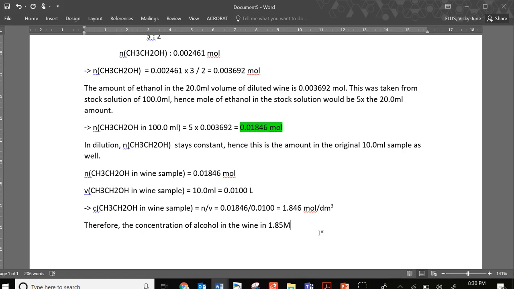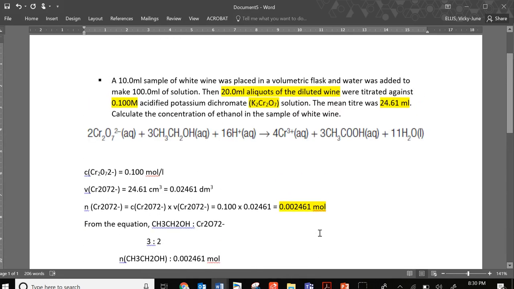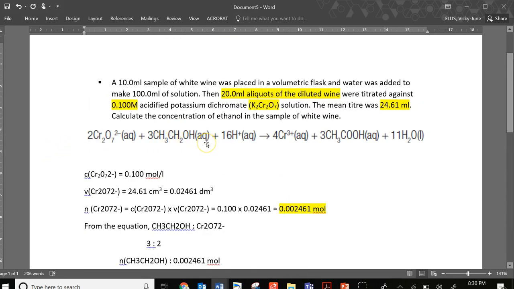Remembering that in order to do this one, we had to first balance our redox equation, which means that in this kind of question, you would have to start with the first half equation. Other than that, it's a straight volumetric analysis. So good luck, and we will definitely be practicing some more of